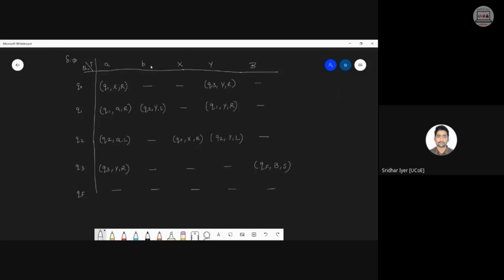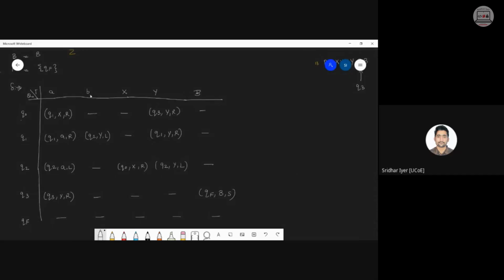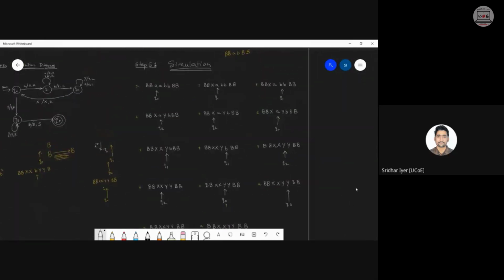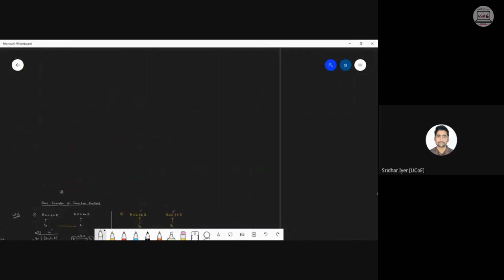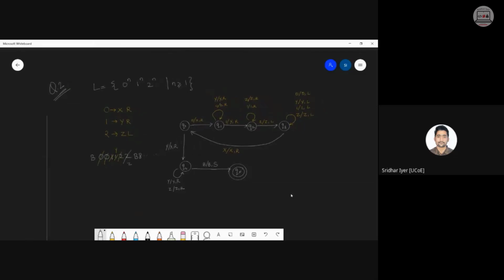It will be 0, 1, 2, and X, Y, Z. And one more column, sorry, 7 columns. Clear? So 6 states, 7 columns, if I'm not wrong, because 0, 1, and 2 will be the inputs, X, Y, Z will be the corresponding tape symbols, and the blank symbol also. Clear? This is how you will construct it, and along with it, you have to solve this example also. I hope I have already solved this example side by side, so I don't think you would be having any issues with solving examples based on this. If you're having any issues, can you let me know?